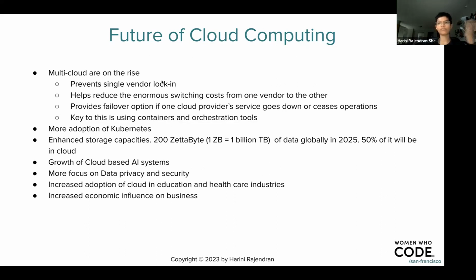If a particular vendor is not flexible, or if they are quoting too much, or if we see that their service is not good, we always have the flexibility to just not use them and use someone else instead. If we set up our architecture in such a way that it's multi-cloud from day one, then there is no enormous switching cost from one vendor to the other, because it's inherently there in the architecture of the system.